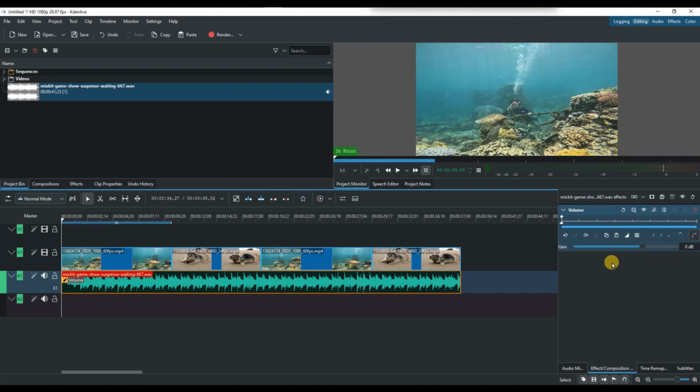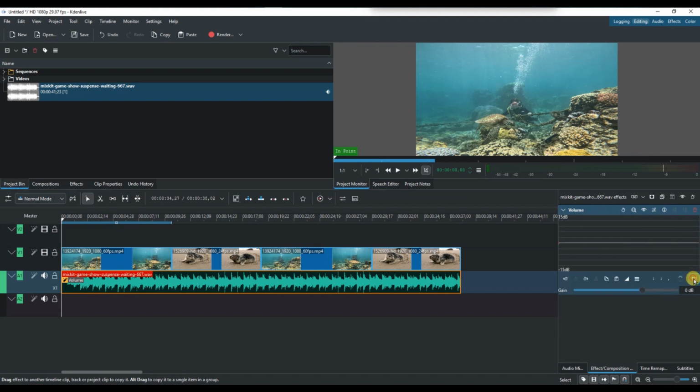This will open the volume panel on the right side of your screen, next to the timeline. In this panel, you will see options like Gain Slider, Keyframes, and the Curve Editor. Drag the gain slider left to reduce the volume or right to increase it, adjusting it to the level you